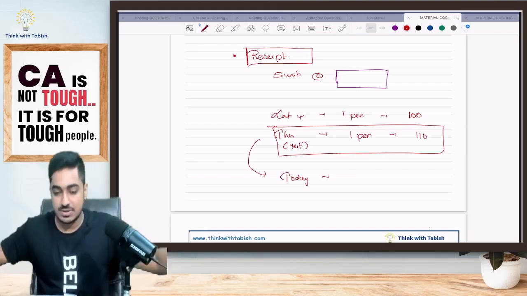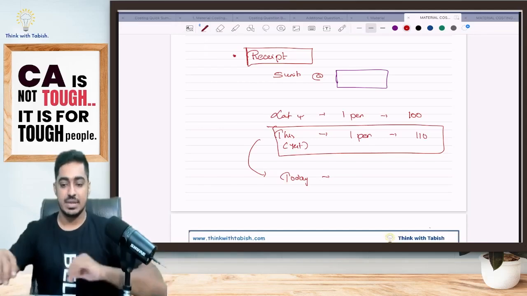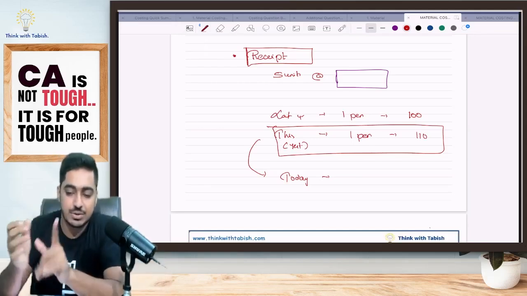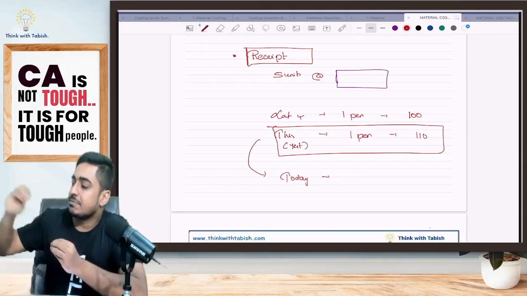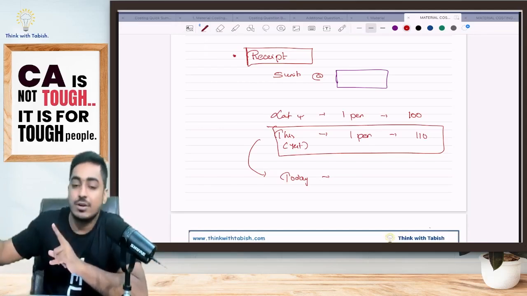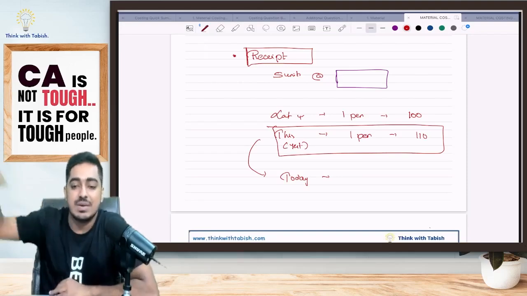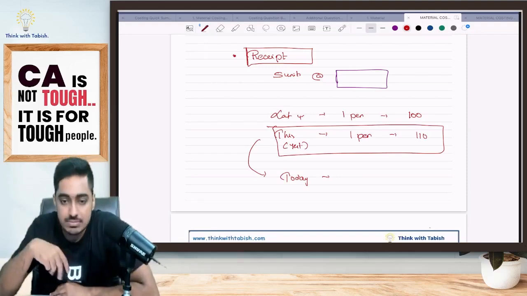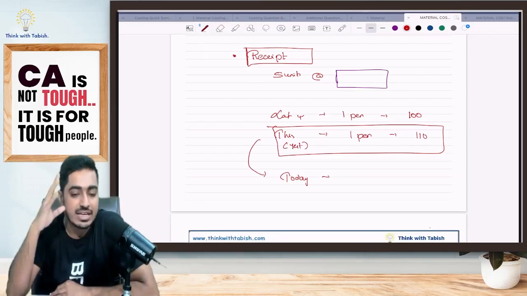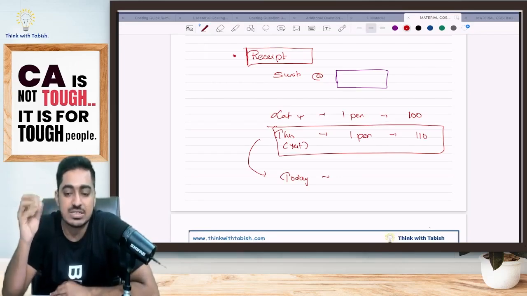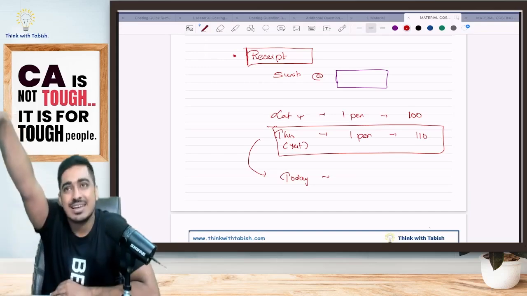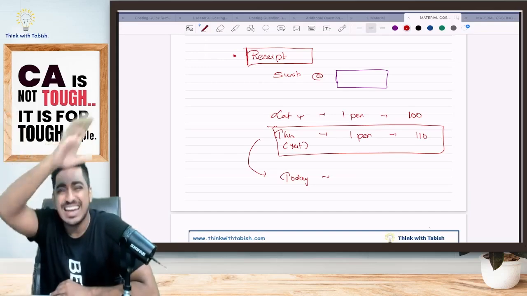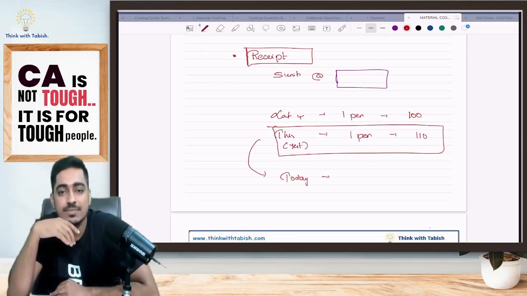Based on that, I will proceed further. So you guys are also telling me, okay, 110 only. Yes or no? Simple logic. Imagine I have purchased goods from my supplier. If I did not like them, will I wait for 3 years? Imagine you purchased a shirt from West Side. You did not like it. Will you go after 3 years and tell them, boss, 3 years back I had purchased it, I did not like it, I am giving it back to you now? He will ask, for 3 years what were you doing, boss?